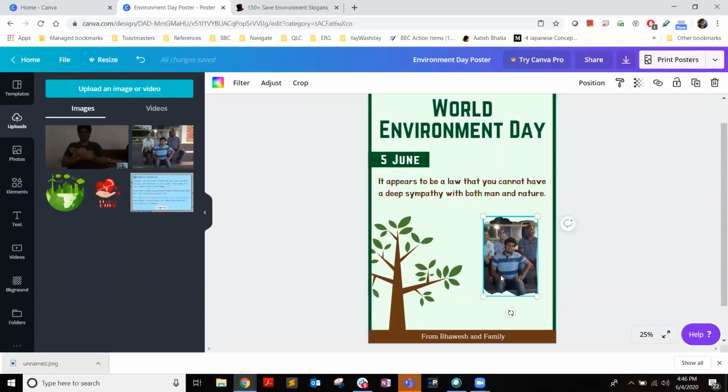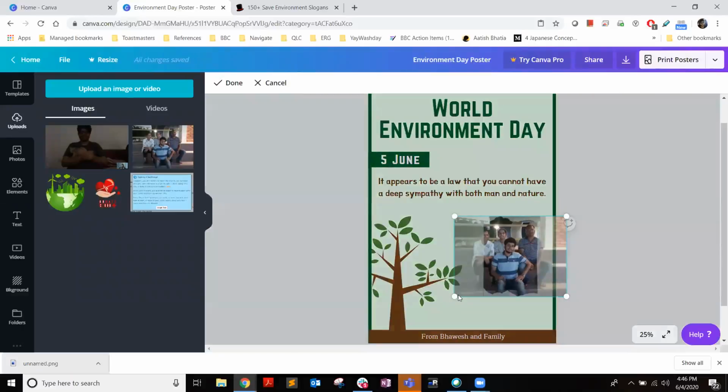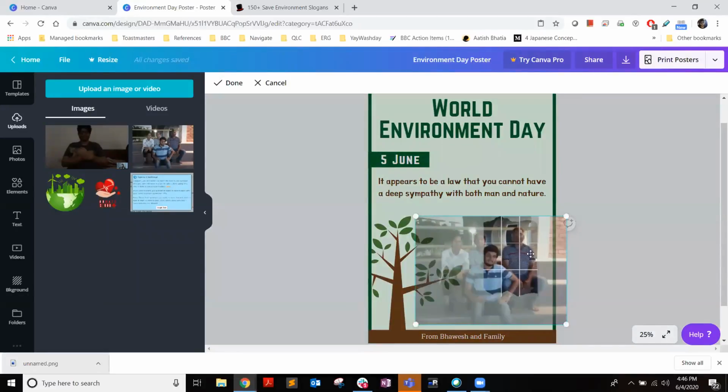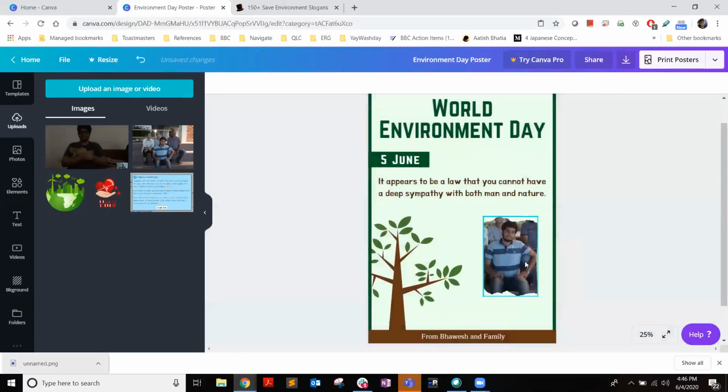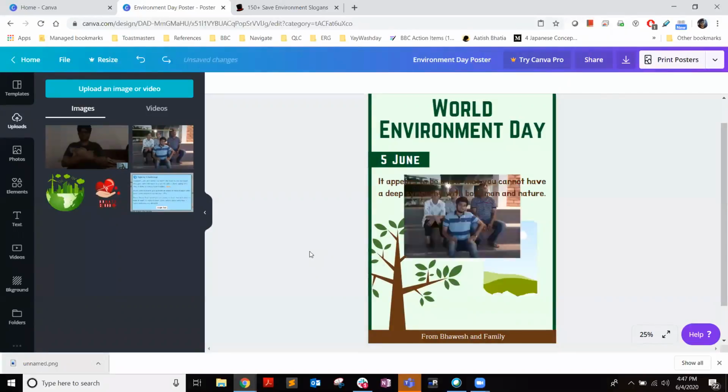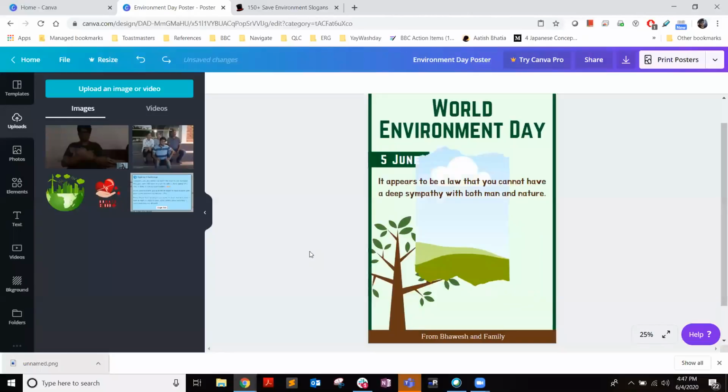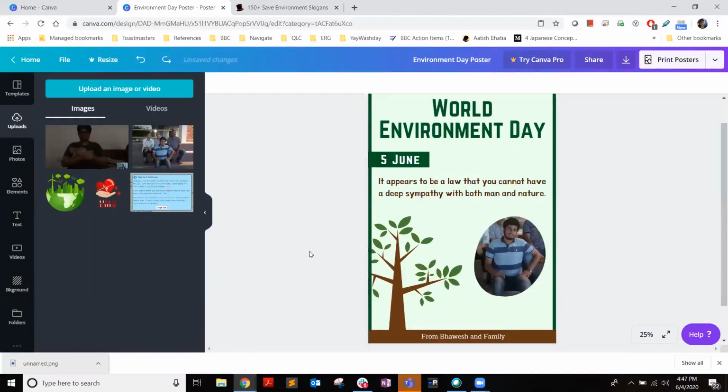Then what I did is I clicked on the image, went to crop and cropped it for a suitable part which I wanted. So I wanted this part of the frame and done. So this is how I left it last time. Okay. I'm using Control Z to move to the picture which I had earlier.